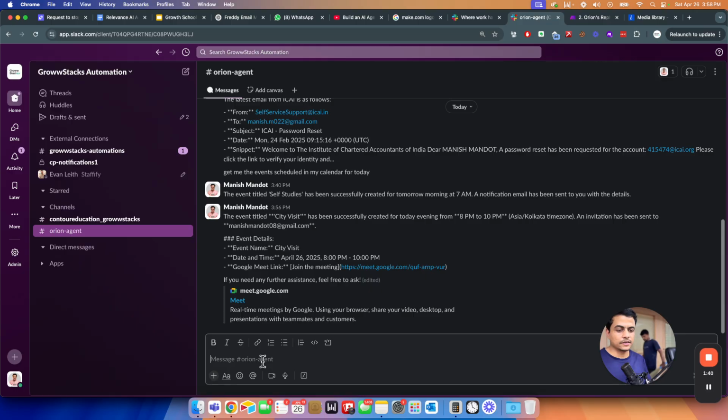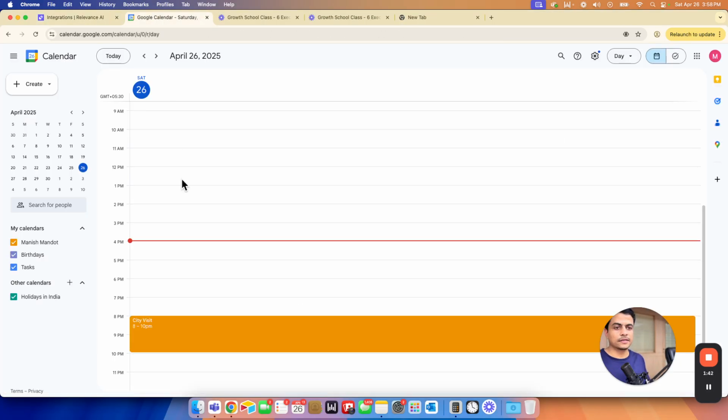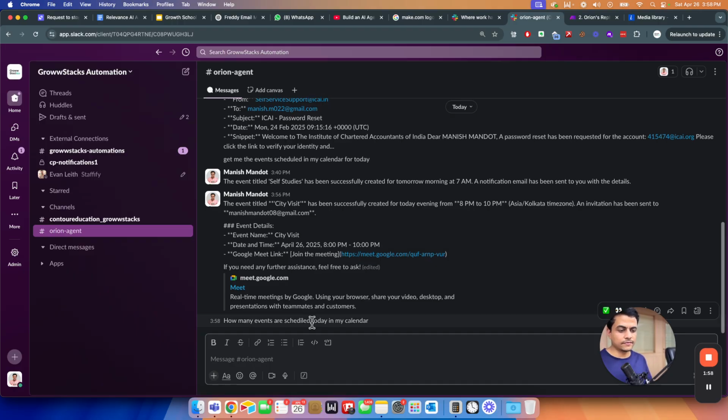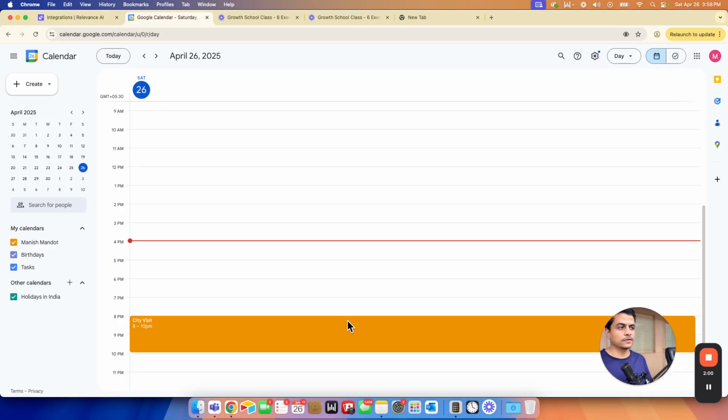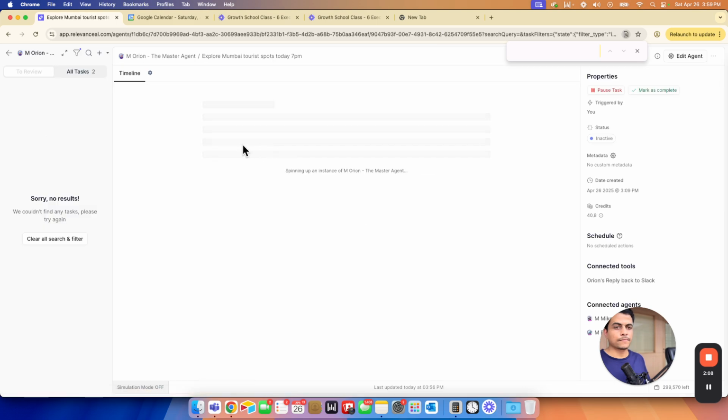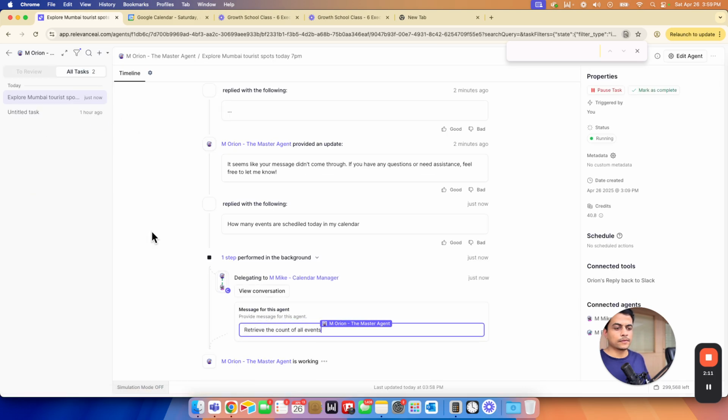Now if I talk to it, you can see here my calendar is this one, right? This whole thing. If I ask it how many events are scheduled today, let's try. How many events are scheduled today in my calendar? Even if there is a spelling mistake or something, this should work fine. Let's go here and check if Orion is working. Perfect. See here,